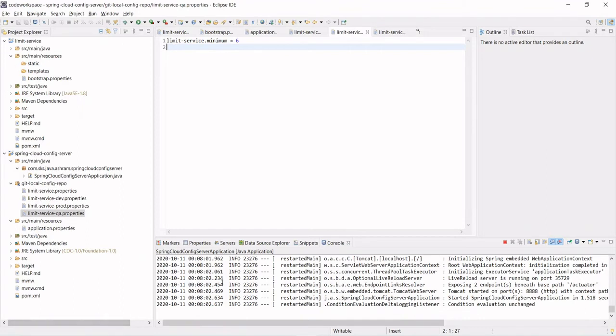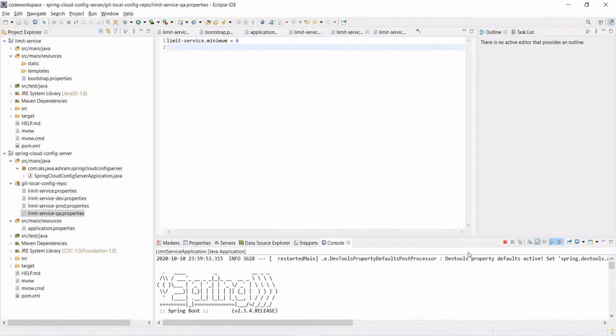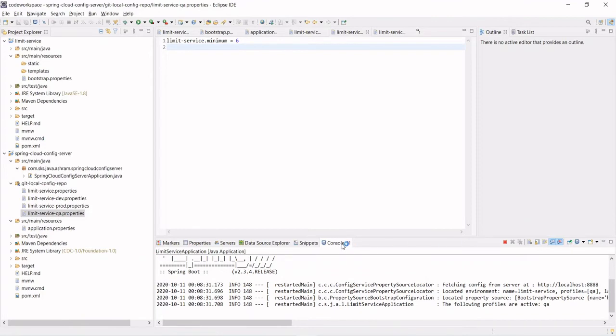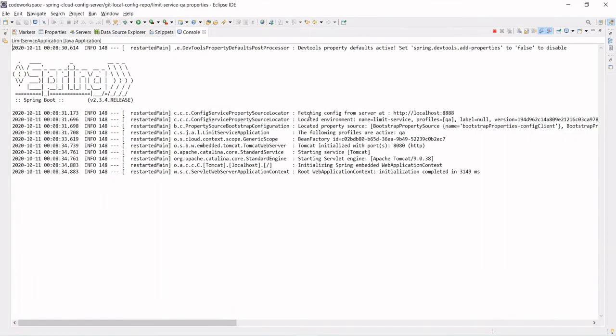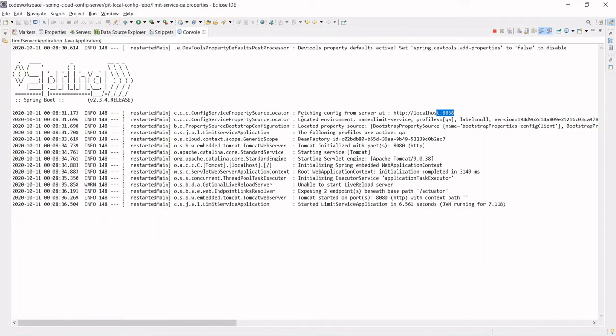So let's go to the limit service, stop this and restart the server. If you see the located environment, the profile is QA, while earlier it was showing default. And Tomcat started on port 8080.